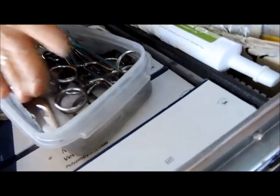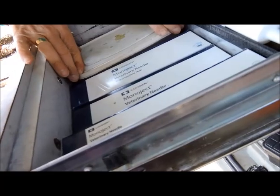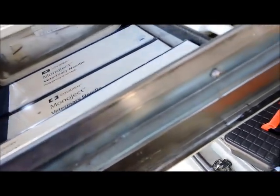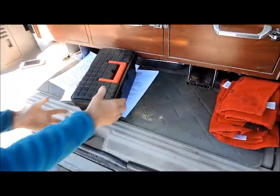Suture material. Okay, so that's going to be for your quick sew jobs. And then what's in here? Aha! Just needles and syringes. Typically I'll use that with some acupuncture. And then some spare needles for when I inadvertently run out. So those are those. And then in the center drawer down here